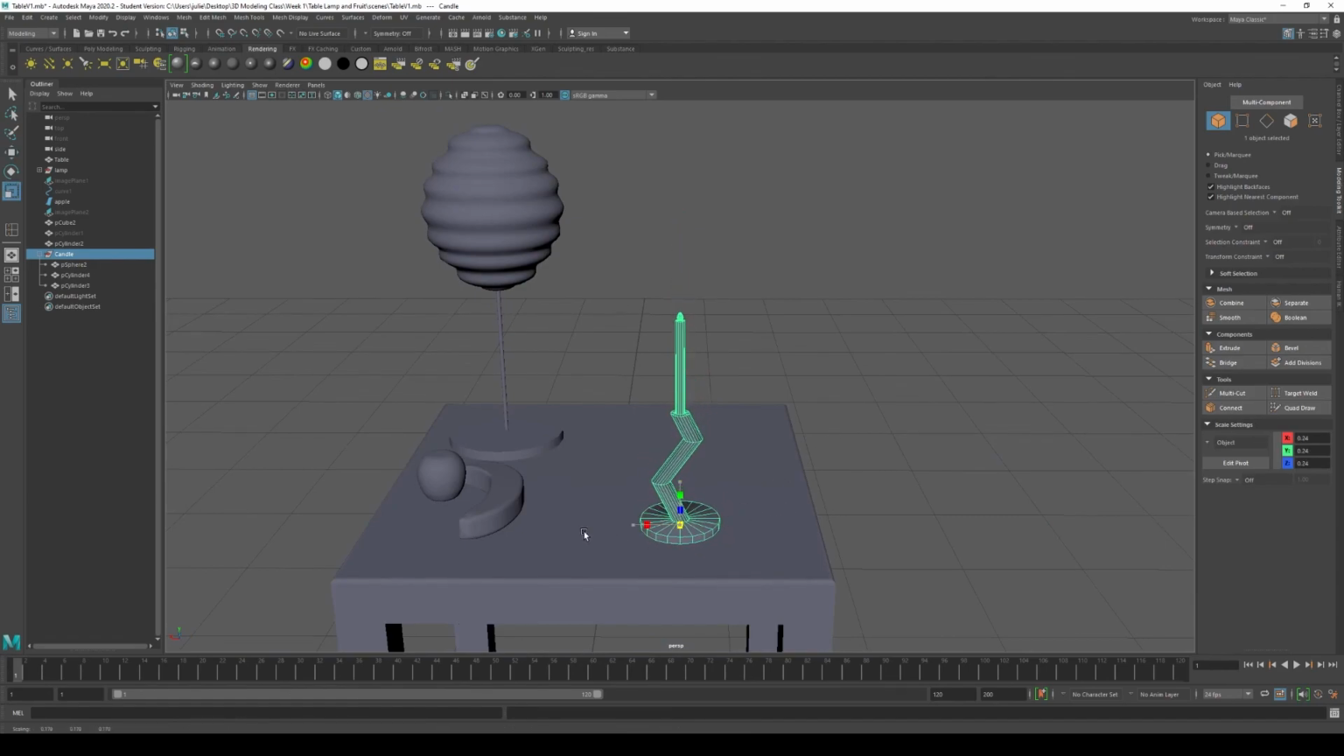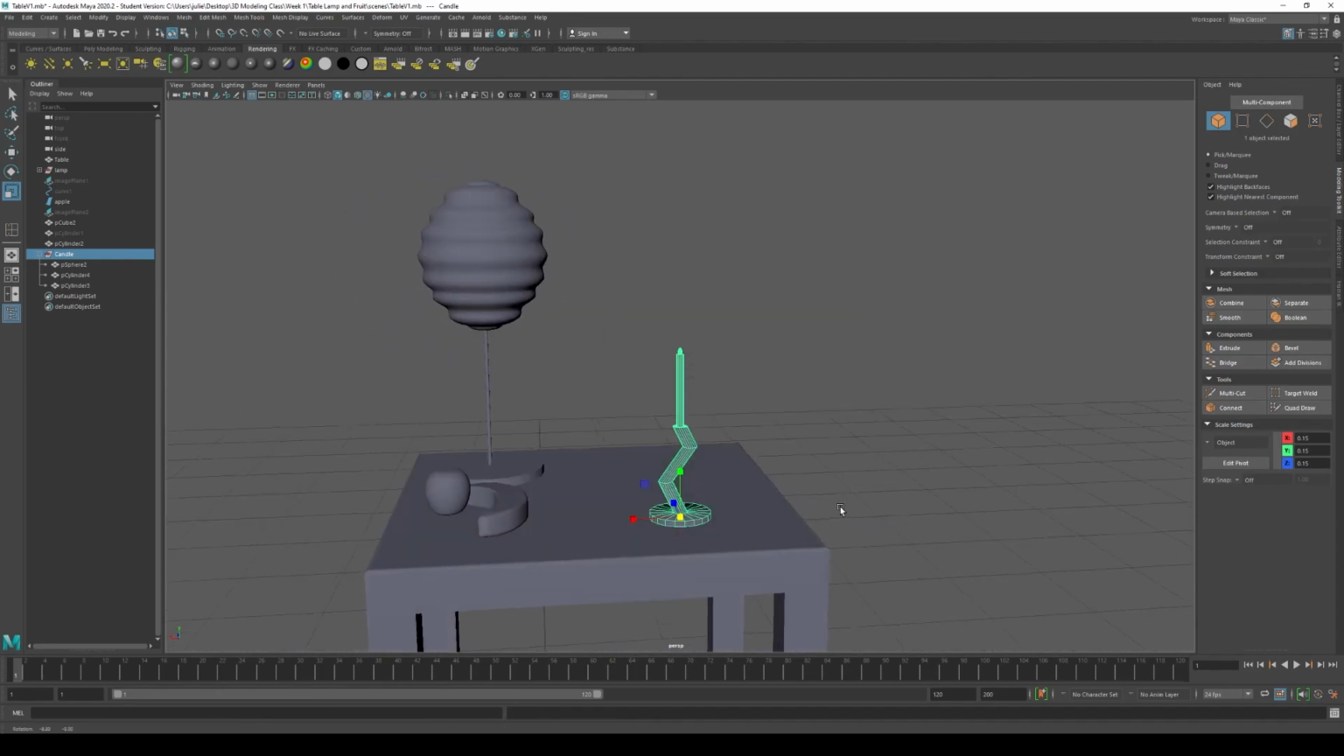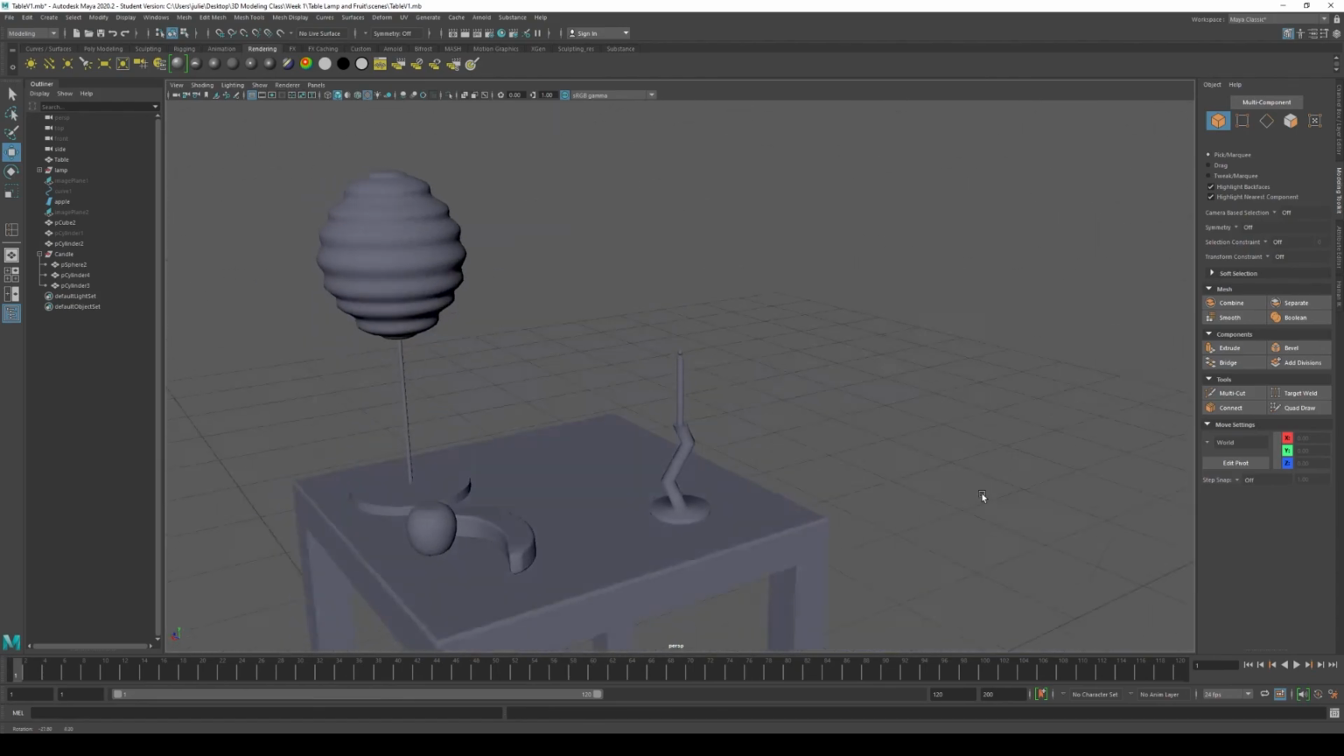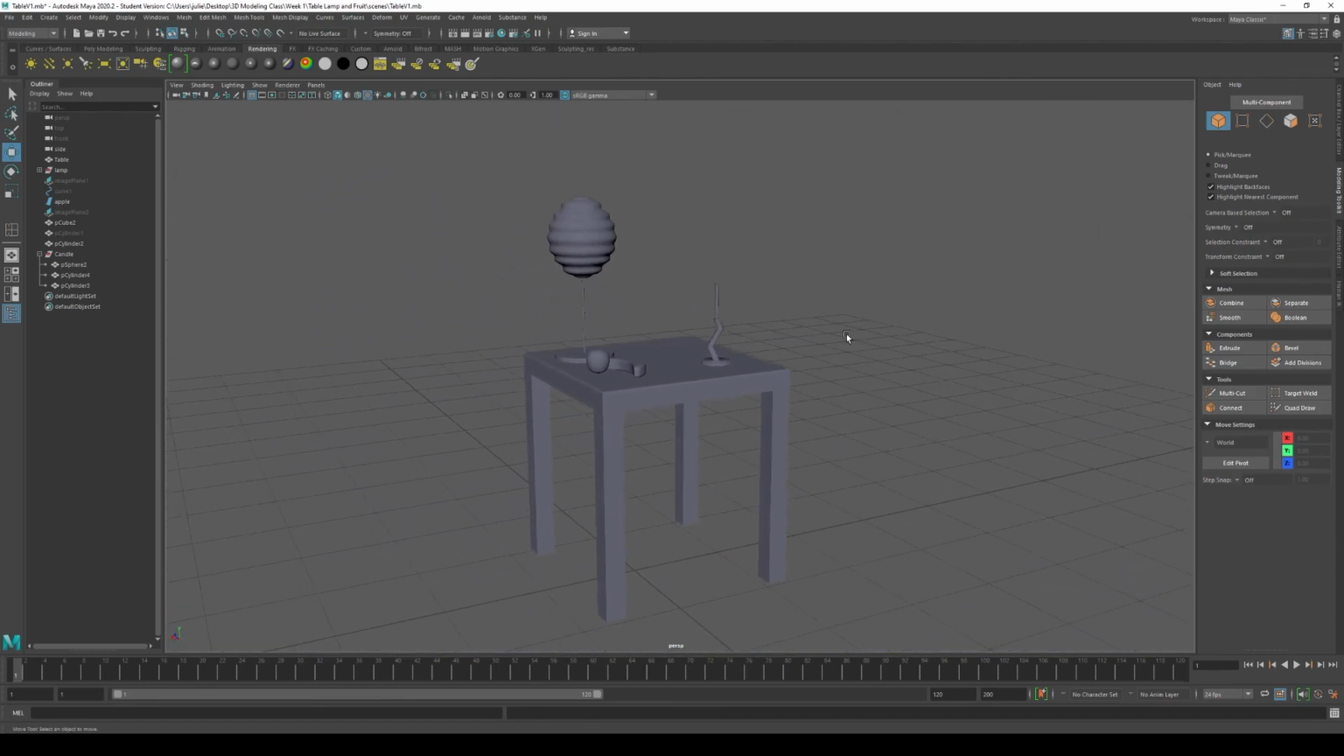So it's still a little bit big. I'm going to make it a little smaller. Okay, here we go. So now we have two elements that can be light sources